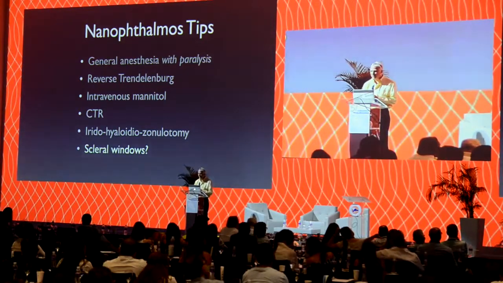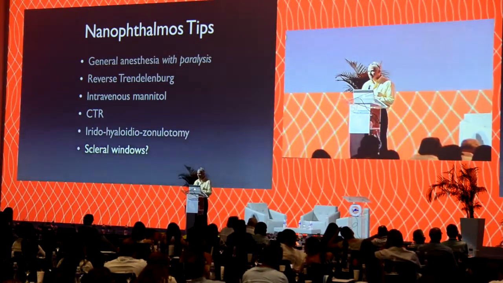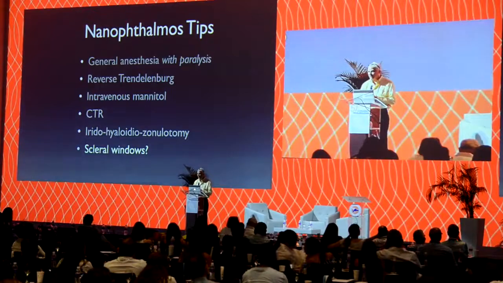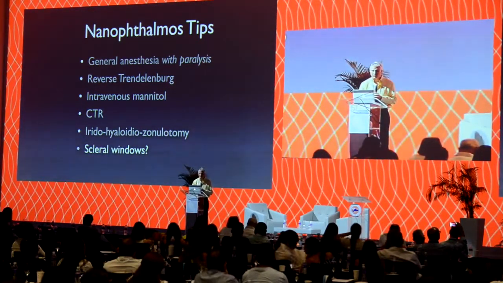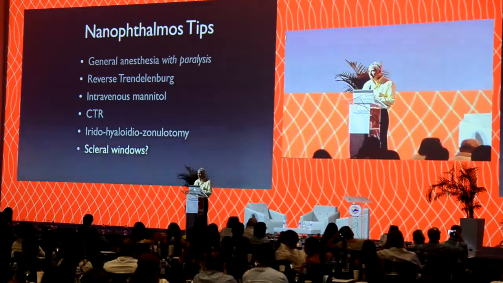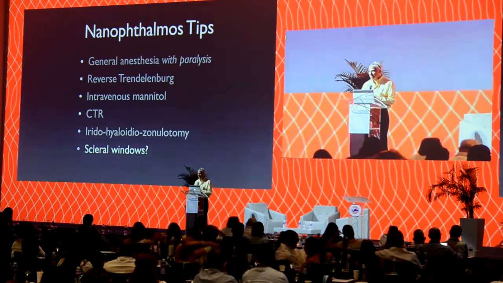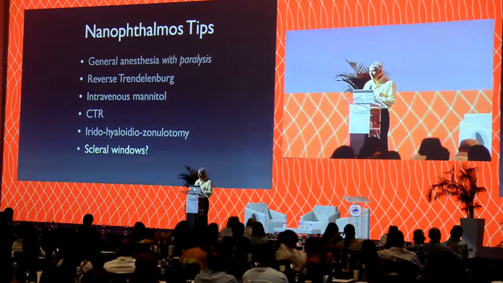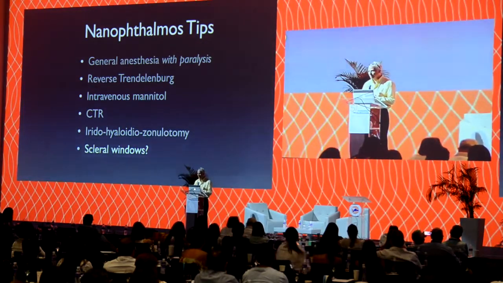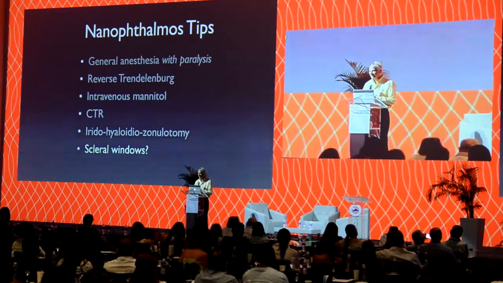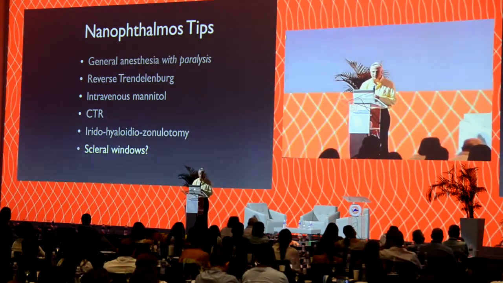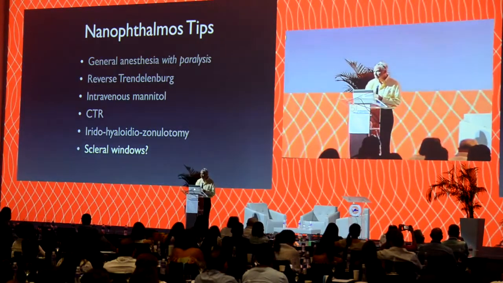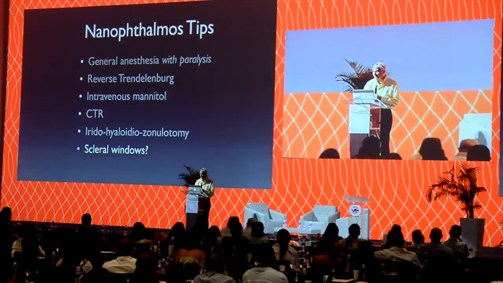I do have one patient that I was actually scrubbing on as an assistant to a case during my fellowship, in which a scleral window was performed preventively at the beginning of the case. And as it turns out that during the case, the scleral window opened up, the choroid popped out, and vitreous came out through the eye wall. It didn't end up pretty. So do keep in mind that nothing is a free pass. If you're going to do a scleral window, it might be prudent to do it at the end of the